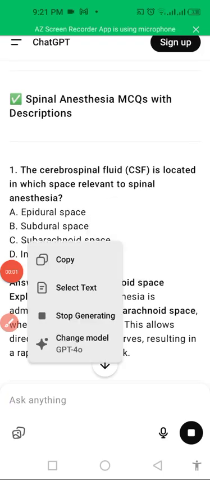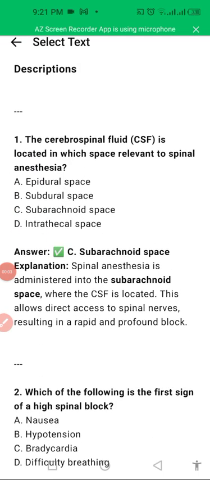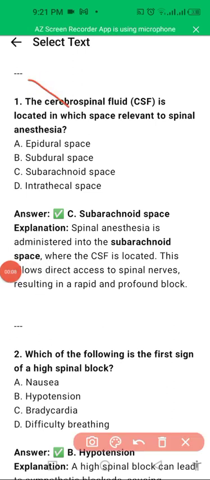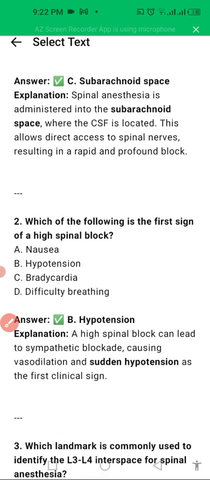Okay, so we will be looking at some of the important questions of anesthesia. The first: CSF is located in which space relevant to spinal anesthesia? It is located in the subarachnoid space. So CSF is drained from the subarachnoid space in spinal anesthesia, and direct access to the spinal cord is rapid, profound, and